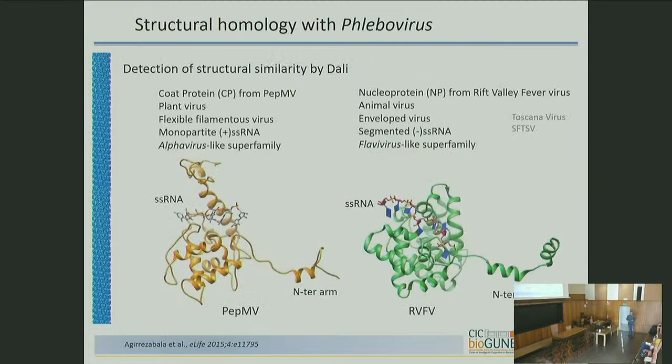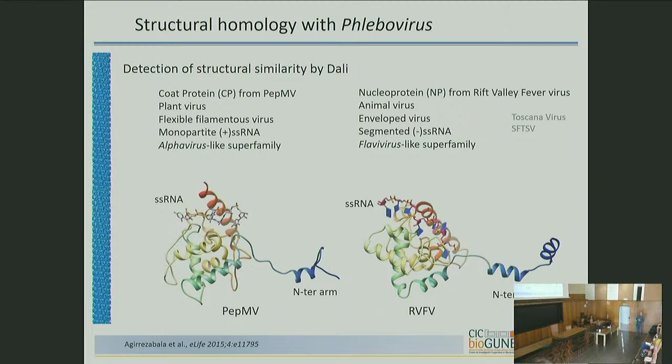So, for instance, we can pick two: the Potyvirus, the first virus that we described, and this one from Rift Valley fever virus, a Bunyavirus. They have an N-terminal here and an alpha helical fold, but they don't look really similar. But if we just remove whatever is not the same, or whatever we cannot align, what we have is a very similar setting with the N-terminal in the same place, with the RNA groove in the same place, C-terminal in the same place, and the topology is the same here.